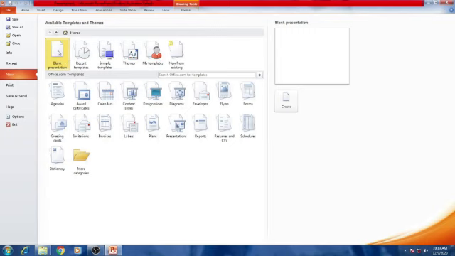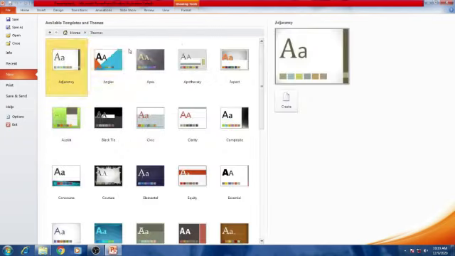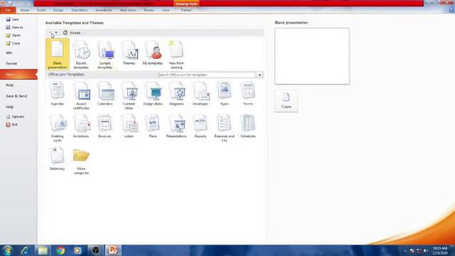So if you click blank presentation, all the presentation slides will be blank. If you use the themes template, different themes will be available for all the slides. That is known as templates. So these are the different templates, seven templates we discussed.